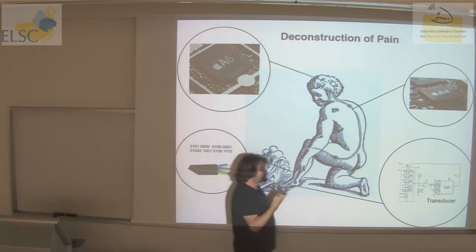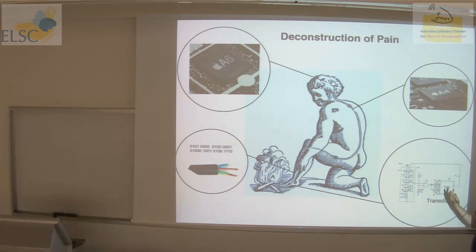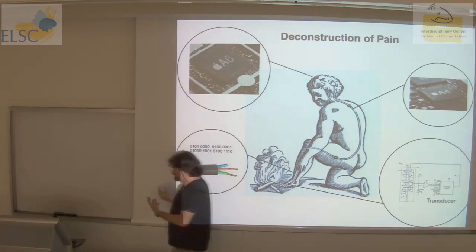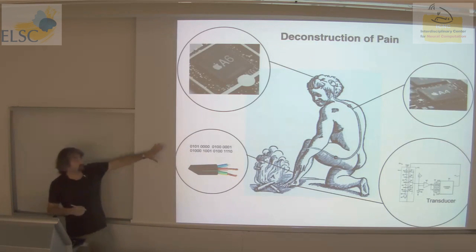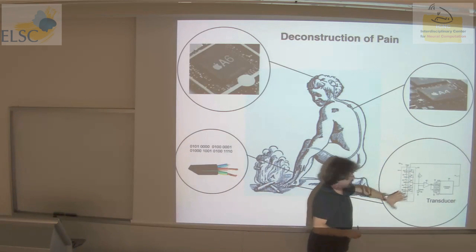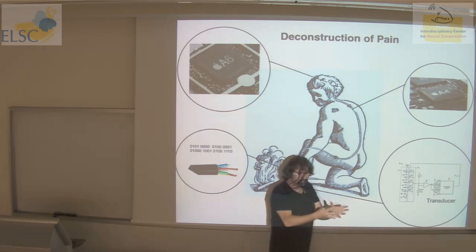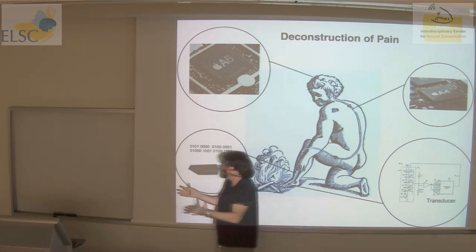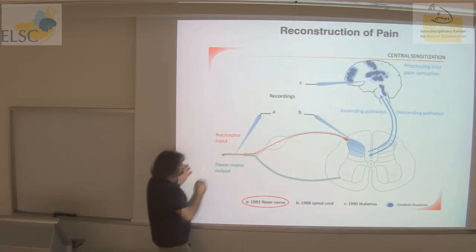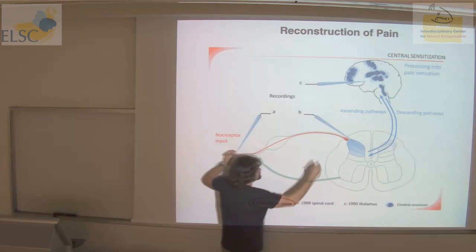Because nobody actually mapped these areas. Okay, so basically the main project in my lab, which is now only at the level of ideas, is, instead of doing deconstruction of pain and recording as we used to, either from the cells in the periphery, or from the spinal cord slice, or from brain in totally detached areas that are not connected anyhow to the periphery, to try to reconstruct pain and actually follow propagation of nervous stimuli from the periphery to the central nervous system,